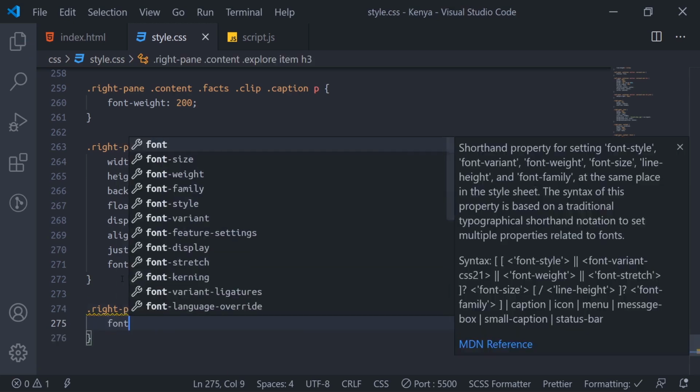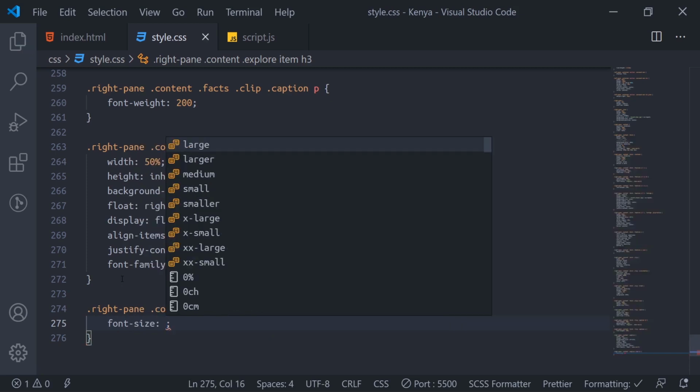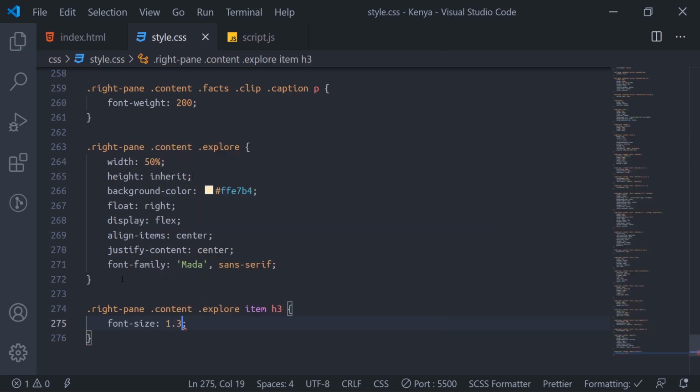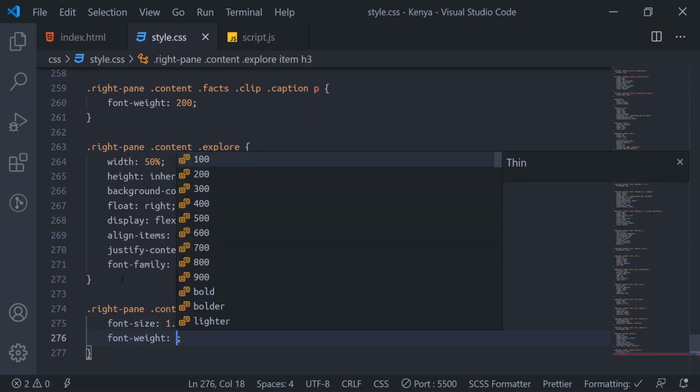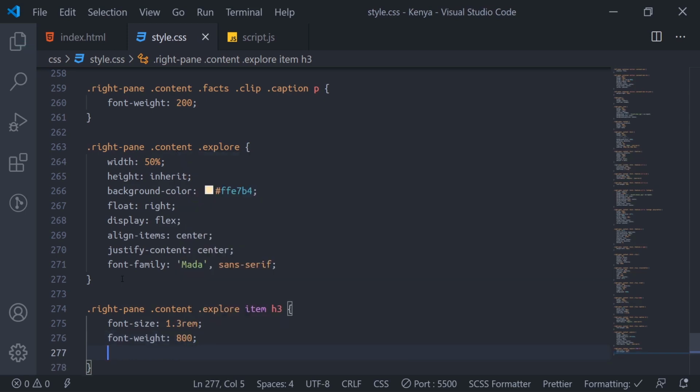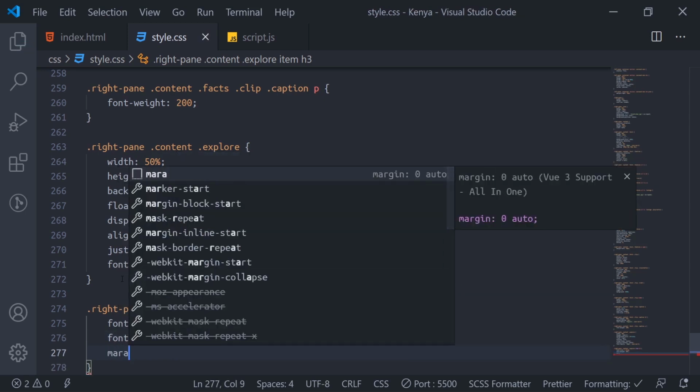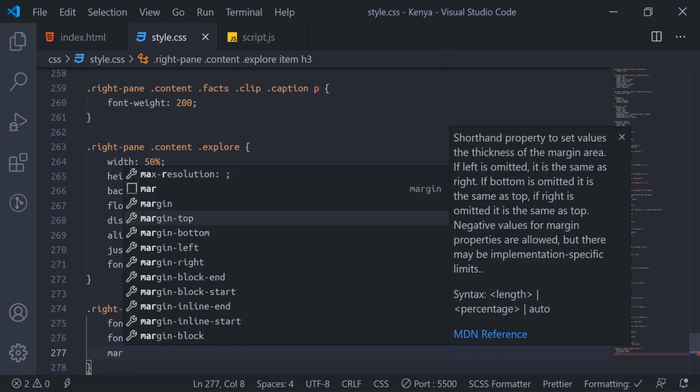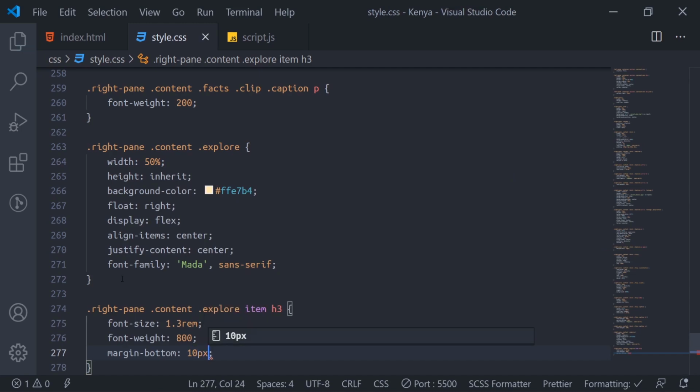We'll set font size to 1.3 rem, then we'll set font weight to 800. We'll space it from that other anchor tag by 10 pixel.